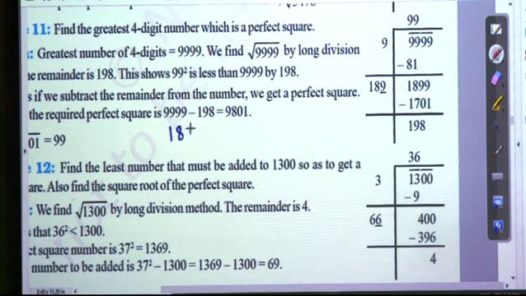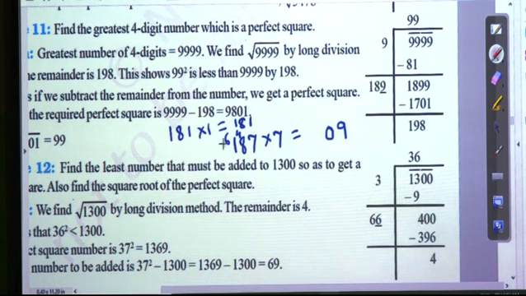18, placing the digit 1 here and multiplying by 1, it is 181, too small. We want 1899, so let us go for a bigger value. Suppose we attach 7. 7 sevens are 49, carry 4, 7 eights are 56 and 4 is 60, 0 carry 6, 7 ones are 7 plus 6 is 13. 1309. This is also smaller.